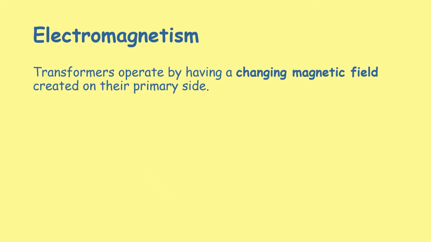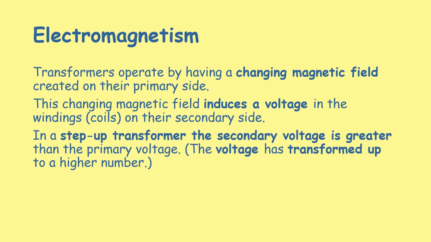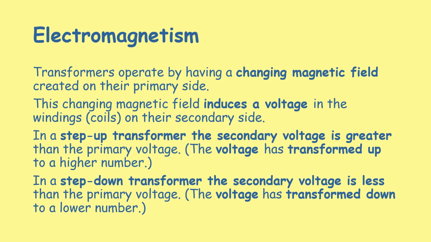Transformers operate by having a changing magnetic field created on their primary side. This changing magnetic field induces a voltage in the windings on their secondary side. In a step-up transformer, the secondary voltage is greater than the primary voltage. The voltage has transformed up to a higher number. In a step-down transformer, the secondary voltage is less than the primary voltage, so the voltage has transformed down to